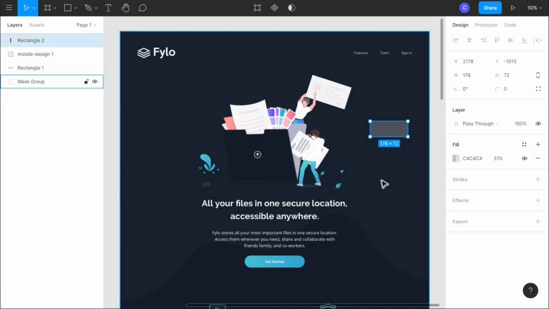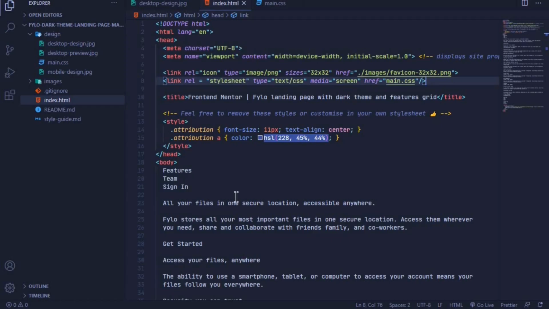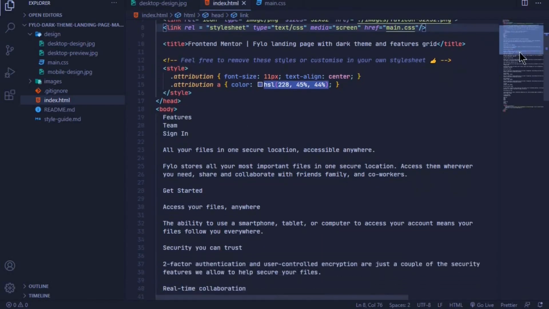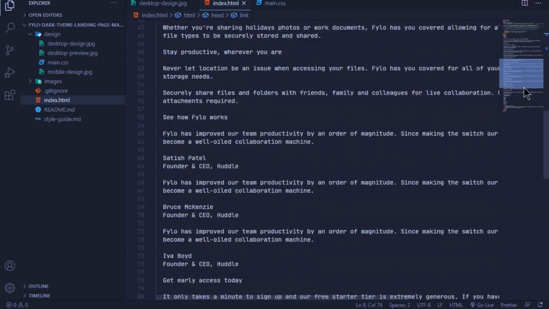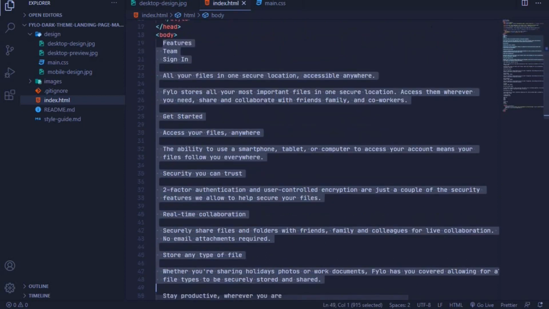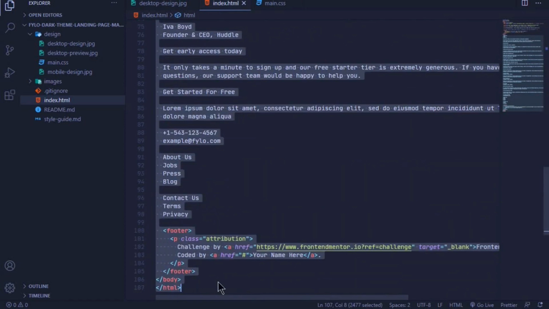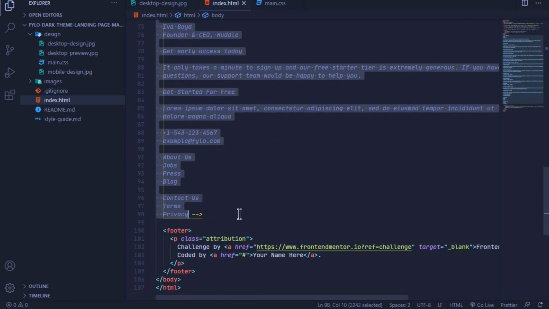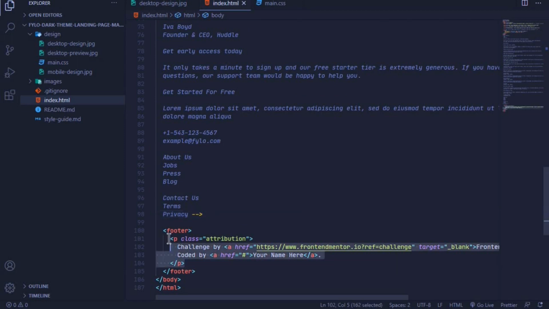So we will start with the desktop design, and to be specific, let's start with this navbar together with the hero section. So let's write the HTML markup for this particular section. First of all, I will comment out this content that is at our body. So I'll select all of it and then I'll comment it out. Also, I'll remove this p tag at the footer,